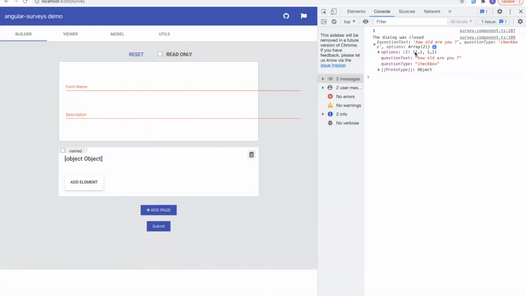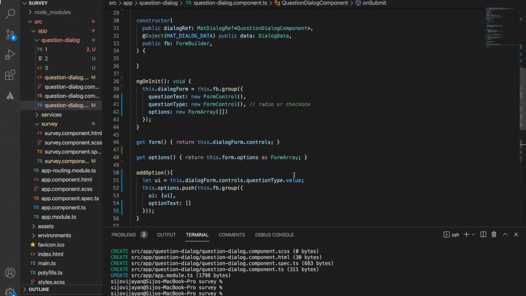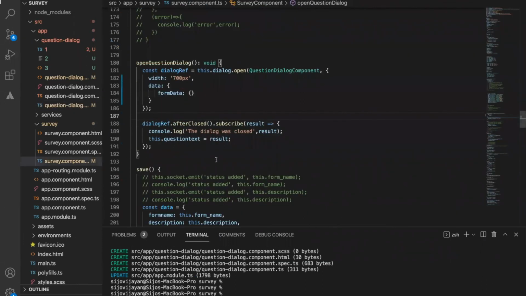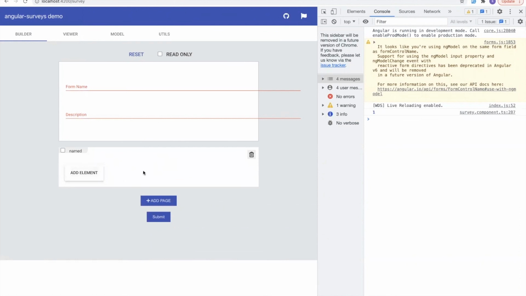Yes, we are getting those data in the parent component. You can see that this is displaying in the survey component. Not here, which means we don't need to use this method to pass the data to the parent element. So we can check where it is. So here it is. Yeah, we are getting the result like this. Since we are getting this result, we can do some modifications here as well in the same component. In this component, if required, we can display something based on the variable we are getting.